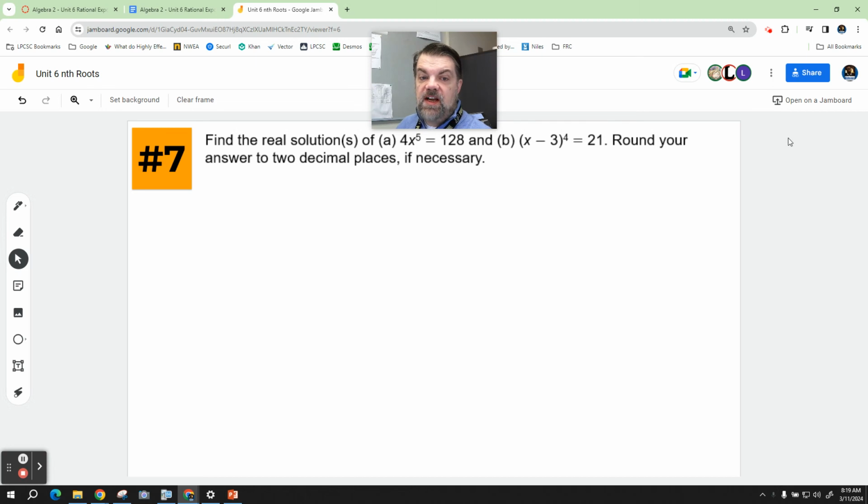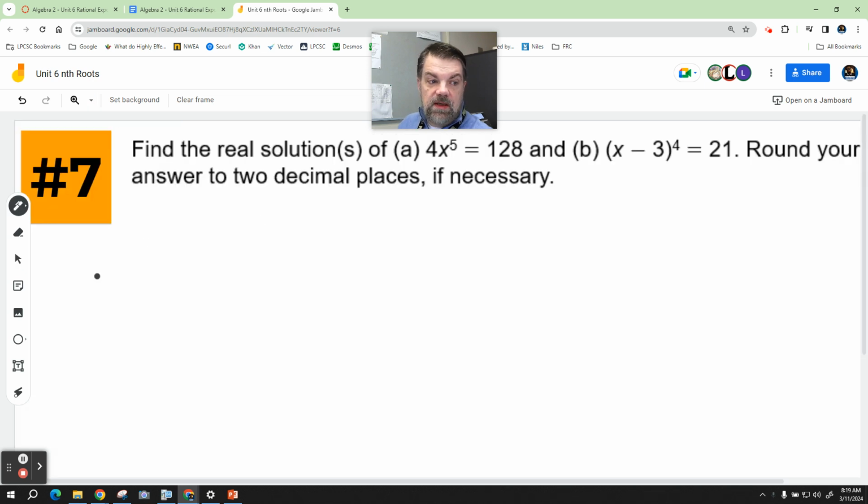All right, so it says find the real solutions of 4x to the fifth equals 128, and then they give us another one. So let's do the first one first. I'm going to zoom in over here. If I say 4x to the fifth equals 128,